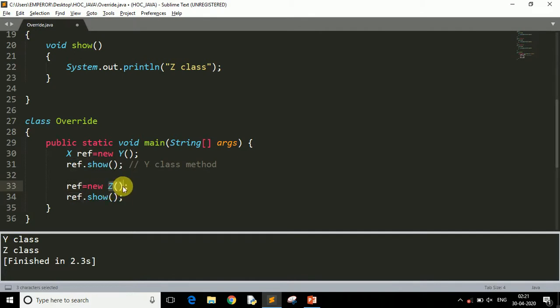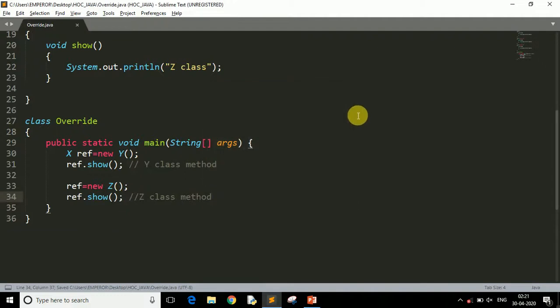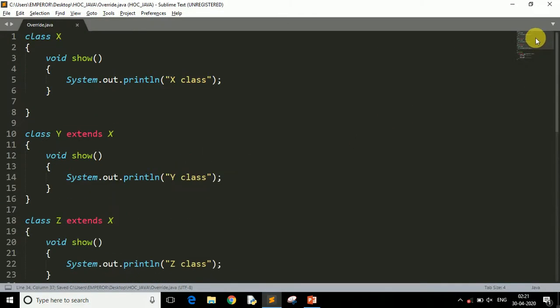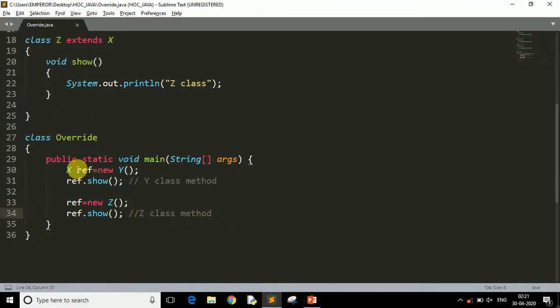Here we have created a z class object, that's why this method is the z class method. Okay, so that's how dynamic method dispatch works. The only thing you have to remember is it doesn't matter which reference variable you are using, the only thing that matters is which object you are referring to. Here we refer to the y object, that's why the y method is called, and here we refer to the z object, that's why the z class method gets called.